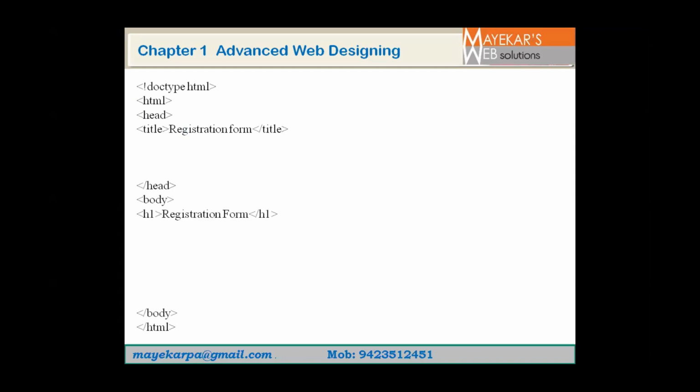First of all, as usual, doctype HTML, then HTML tag, then closing of HTML, then head tag, title tag. Here we want to create a registration form. So the title is Registration Form. Then we close this head tag. We start with the body tag, and we close here slash body. Okay, so here is the general structure of HTML. Then we write the H1 tag, that is H1 Registration Form. Here is the heading for the form.